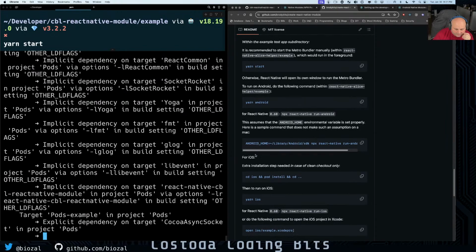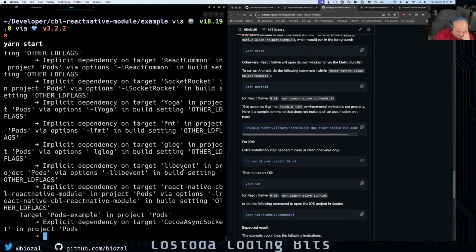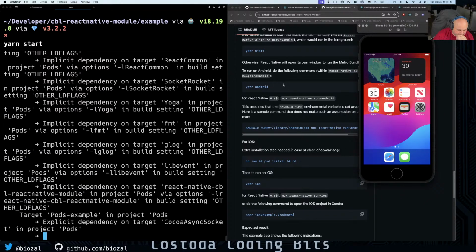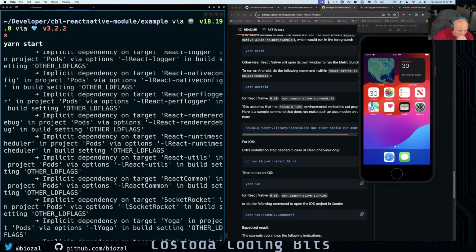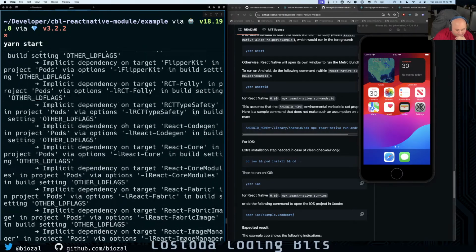Although here it says that for extra installations, needed on a clean checkout only, cd iOS and pod install, then cd back out, then run yarn. Yeah, we might die actually because of that. We'll see what happens with the build process. It still says it's building, so